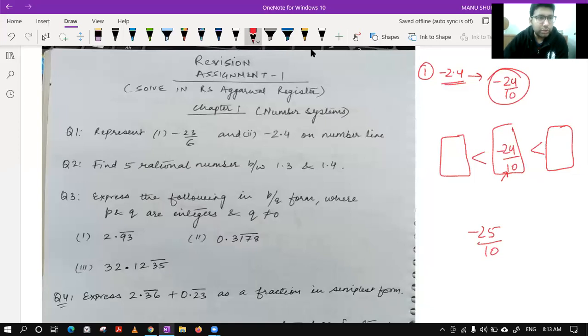Bhavya, little mistake you are doing. Minus 30 is a smaller number, not the larger number, beta. Because there is a negative sign, you have to think a larger number than minus 24. That is minus 20. Kamaljot, minus 30 is a smaller number. Okay. So minus 20 is the larger number, which is divisible by 10. And minus 30 is the smaller number, which is divisible by 10.